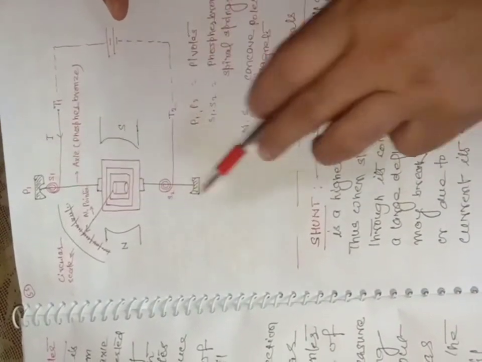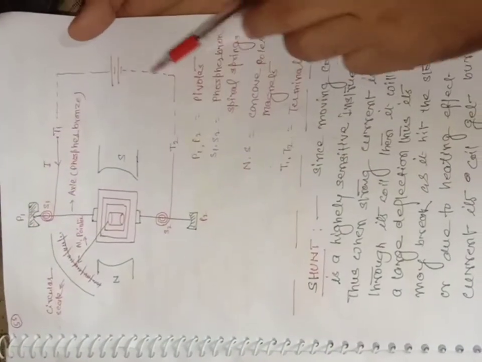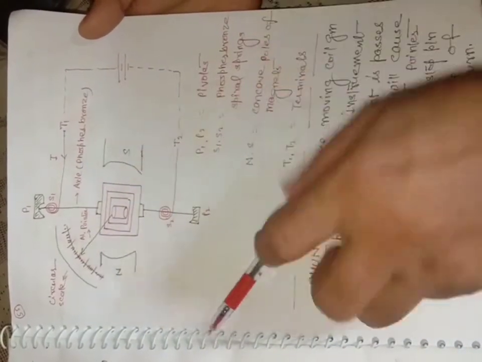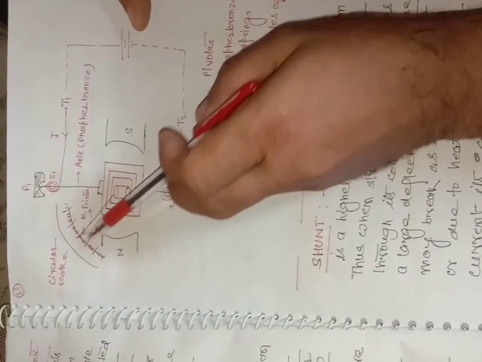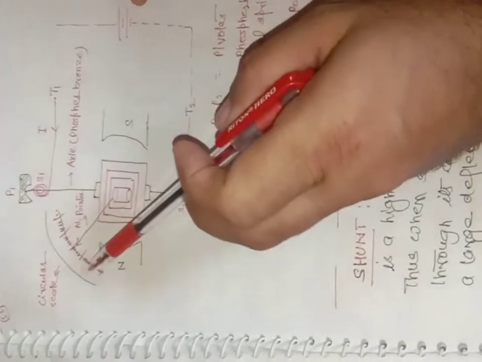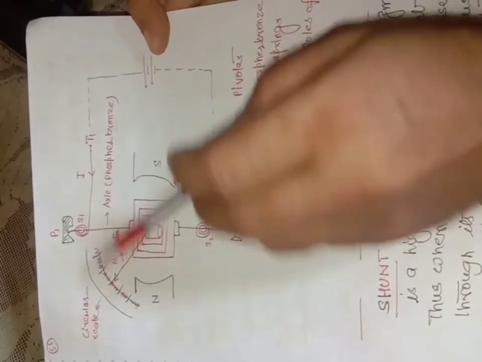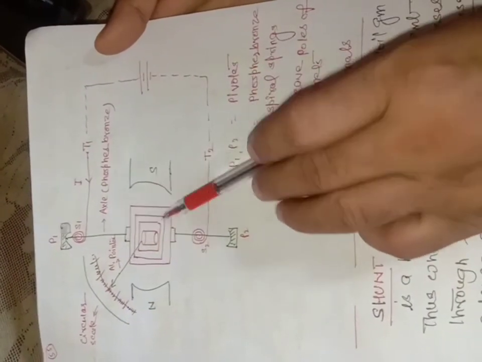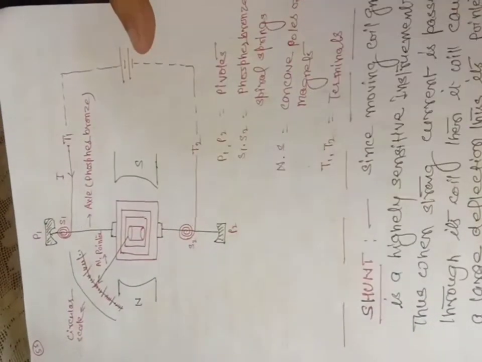And in the pivoted coil galvanometer, what happens? This is the pivoted coil galvanometer. Both axes, see here, this is the axis, and it is pivoted between two pivots P1 and P2, and when current flows through it, it starts deflecting. Its pointer also gets deflected and slides over the circular scale, and with the help of the position of the pointer on the circular scale, we can measure the strength of current directly without any additional arrangement. This pivoted coil galvanometer is used in the laboratory, but its sensitivity is less than the previous one, the suspended coil.